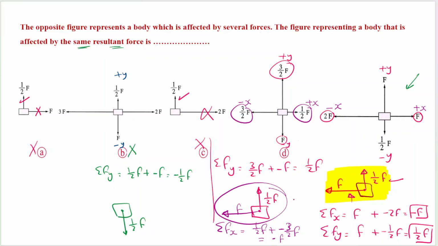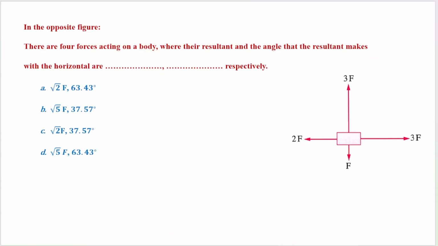So this shape is exactly the situation that we have. So the correct answer is number D. We have another example. In the opposite figure, there are four forces acting on a body, where the resultant and the angle that the resultant makes with the horizontal are, respectively,